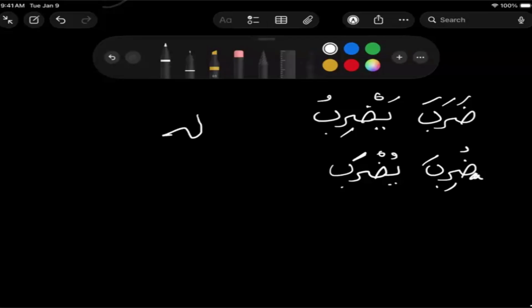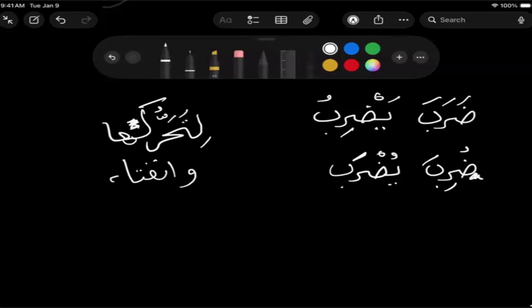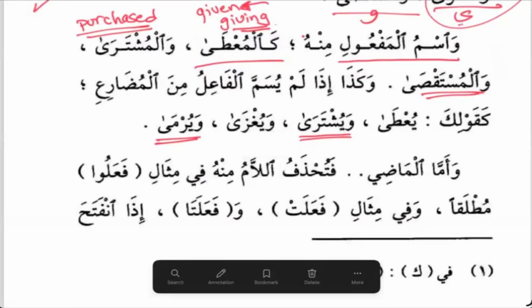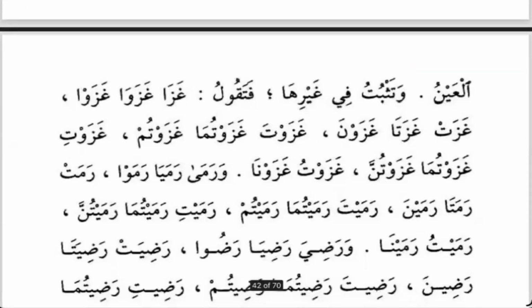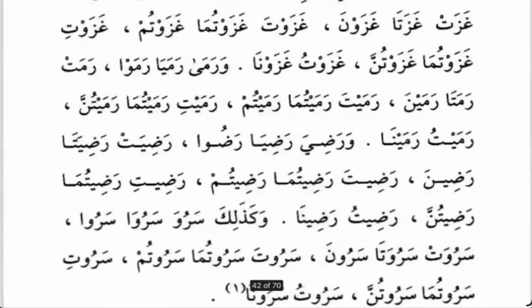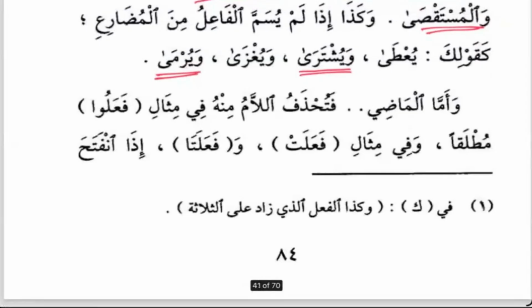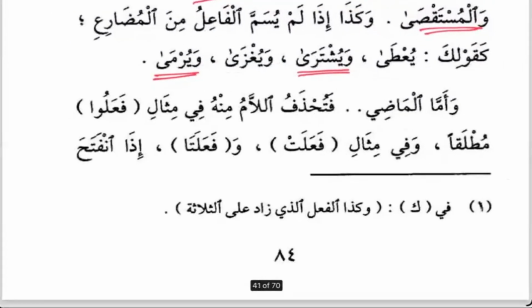If you are studying well, this word should be in your memory by now. لِتَحَرُّكِهَا وَانْفِتَاحِ مَا قَبْلَهَا. But you don't have a lot of exercises, maybe. So then that's going to be a reason why this is not in your memory. Any question there? I think we should stop there. So we can start this next paragraph from the top, inshallah, fresh. Any last question?